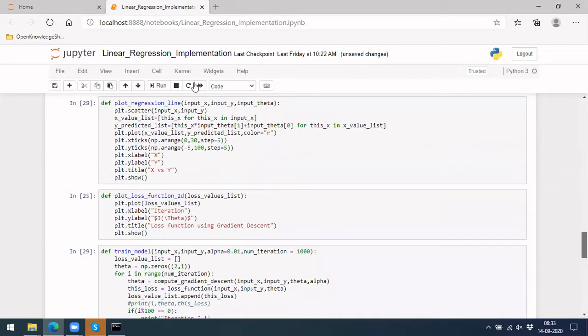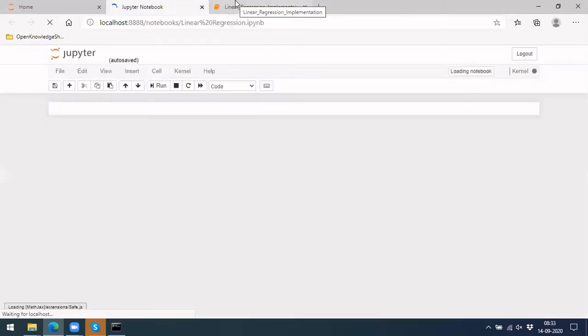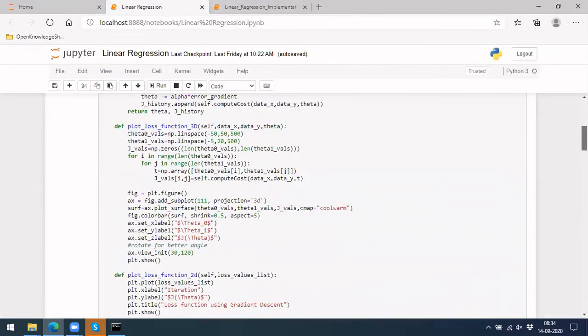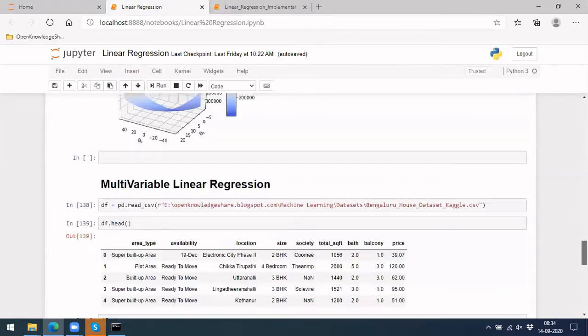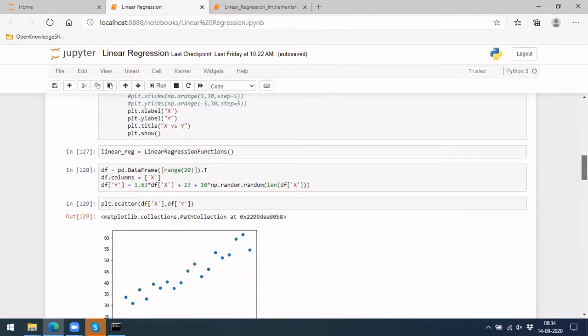Apart from this, I can also show something like a 3D plot, which I have plotted on top of the loss function here. Let's take the same function here.